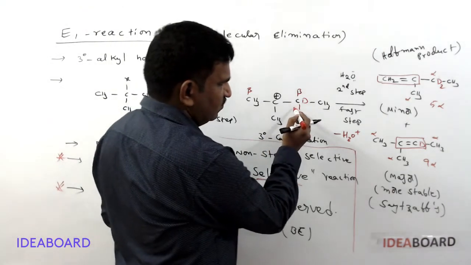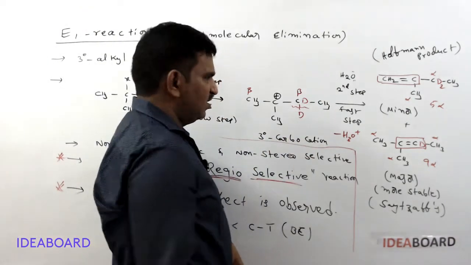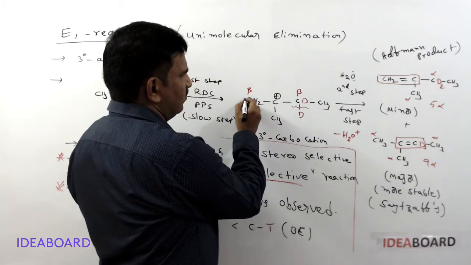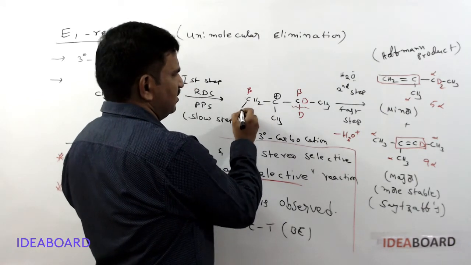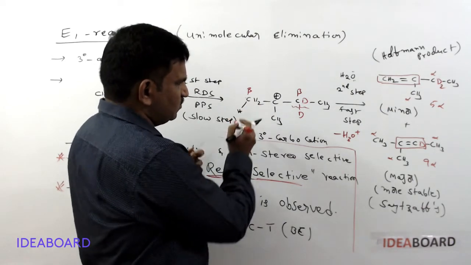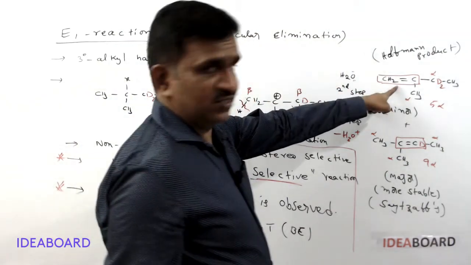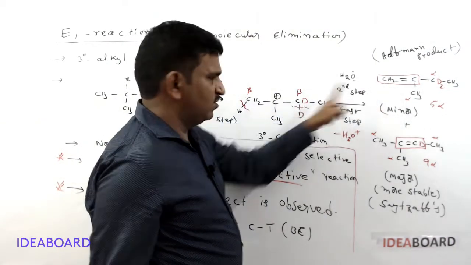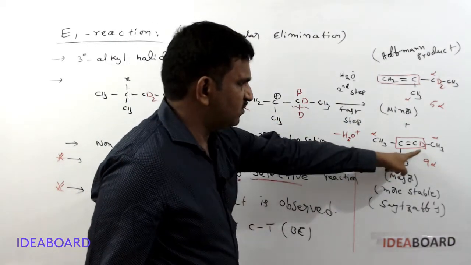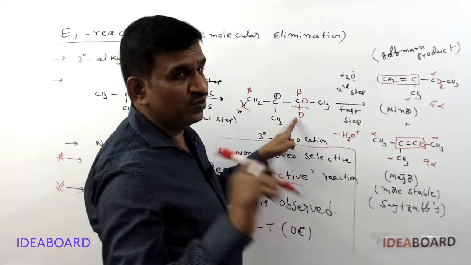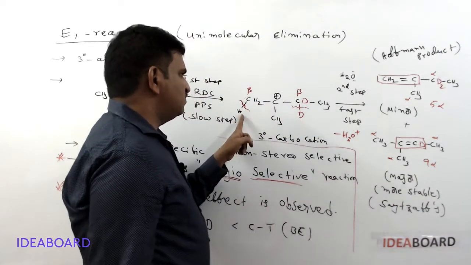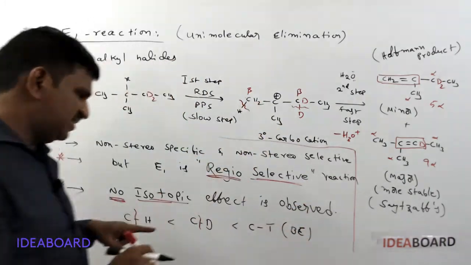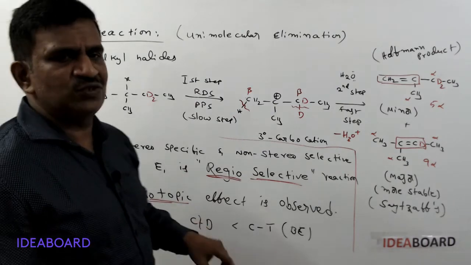Here what is happening? We are removing this CD, or we are removing here CH3. Suppose for example it is CH2 and one more hydrogen is present. So I am writing like this, one more hydrogen. If you break this bond, then we will get this product. First remember how this product is formed by removing this hydrogen, and how this product is formed by removing this deuterium only. So whether a CH bond or a CD bond is dissociated, whatever bond is dissociated, this does not show any isotopic effect.